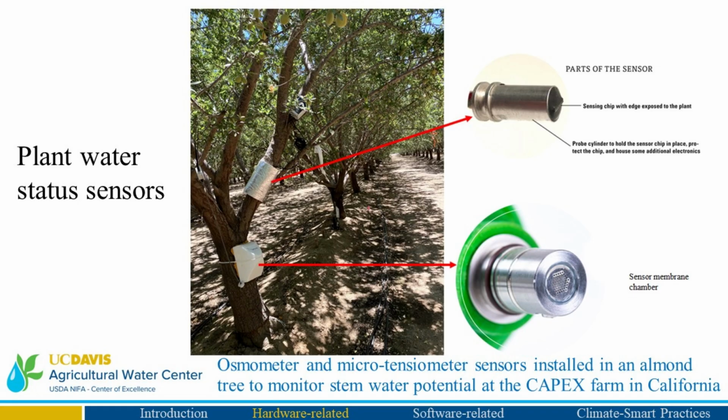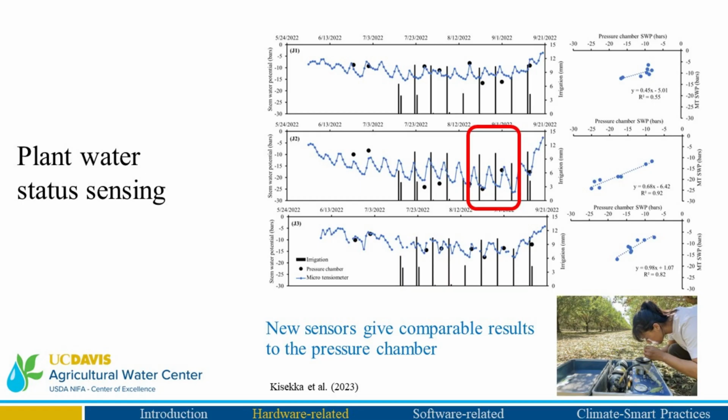If the plant is wet, the water enters the plant chamber. If it's dry, water moves from the salt chamber into the plant. And it creates a change in voltage that is related to water stress. And the top one, which is a microtensiometer, works very similar to a soil tensiometer, but it works based off microfluidics that allows it to really measure very high stress levels.